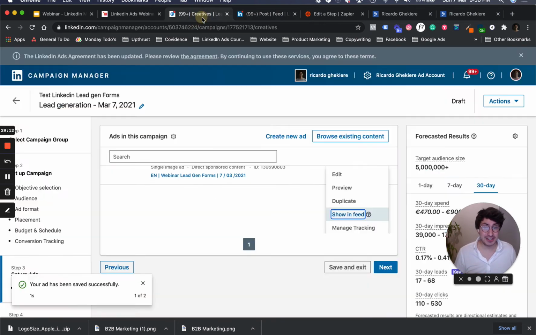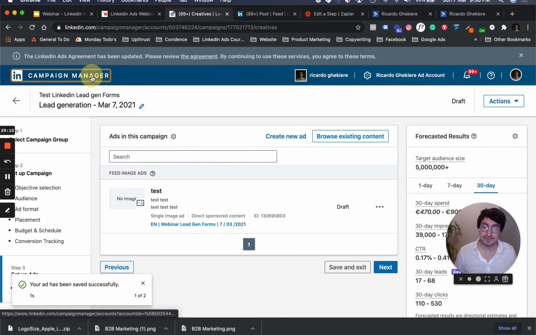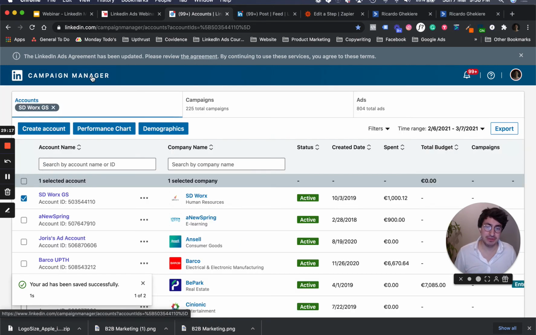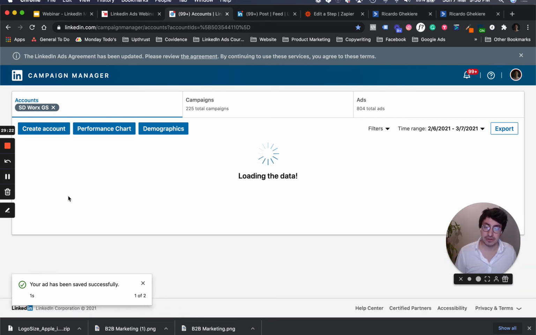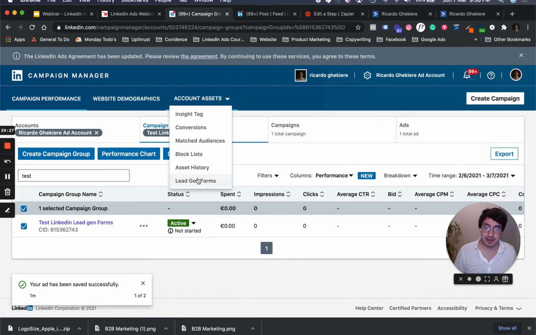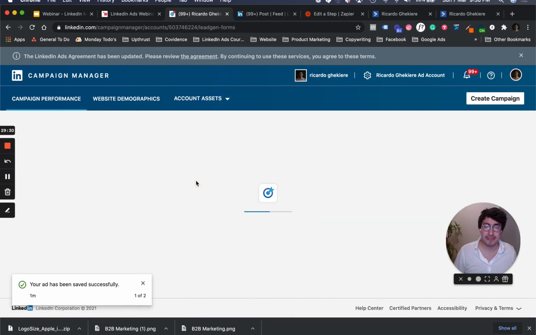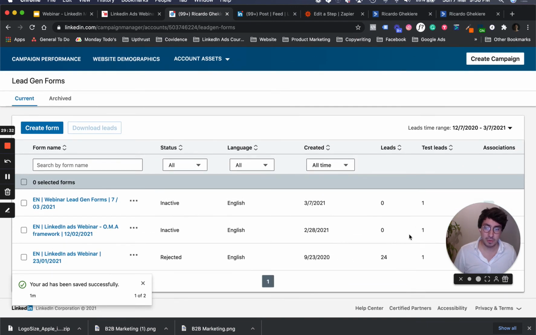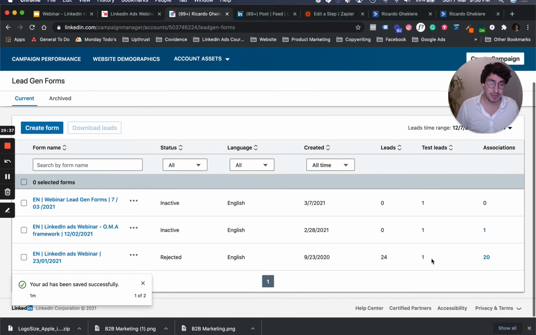So you can check if this was right. You go back to your campaign manager. You can just exit it. You're gonna click on Ricardo Akire. There we go. And you can go back to your account assets, so lead gen forms. There we go. One test lead. Oh, actually, it's on the second one. You have one test lead there. Just gonna show you here. Boom. So now you see that there's one test lead inside. Oh, sorry, actually, it's this one. If you see there's one test lead,